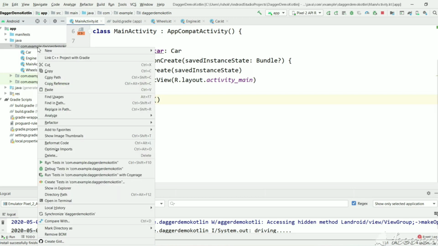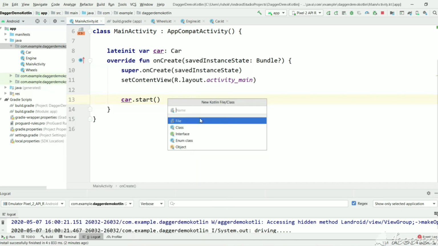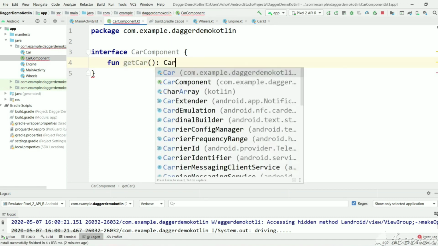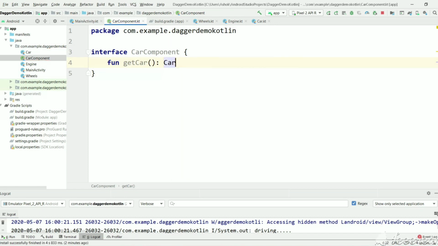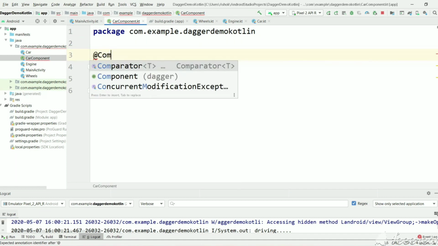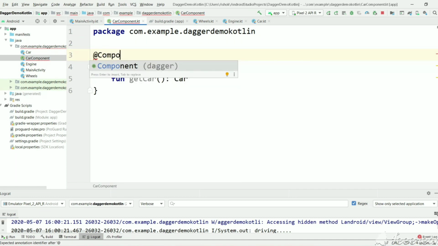Let's create an interface, CarComponent. In this we will have a function declaration getCar, which will return Car, and this CarComponent we need to mark as @Component, which is a Dagger annotation.